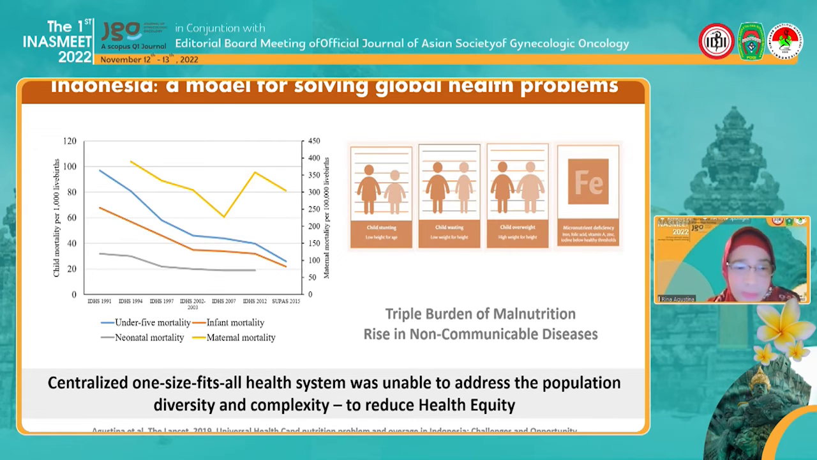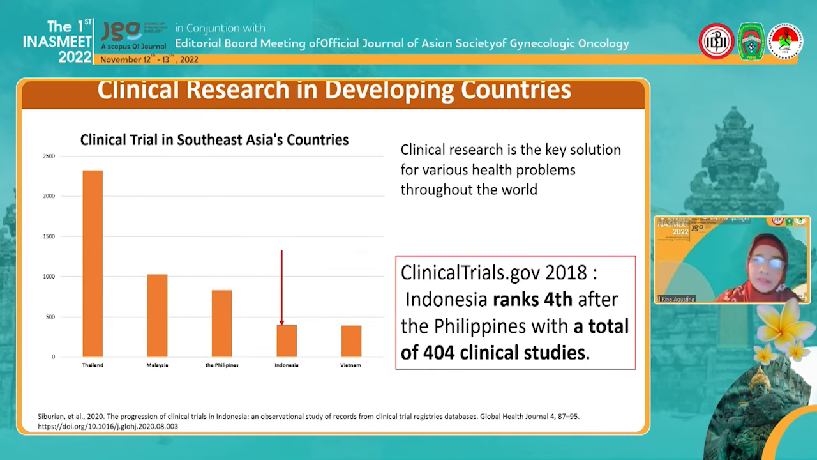Although it still has a triple burden of malnutrition and some problems on neonatal and maternal mortality, therefore a centralized one-size-fits-all health system will not be able to address the problem of diversity and complexity, and also reduce health equity and the burden of health costs. So therefore, it's really important to do a lot of trials and studies in Indonesia, which can actually give some model for solving global health problems. So clinical research, therefore, is a key solution for many health problems throughout the world, including Asian countries and Indonesia. If we look at